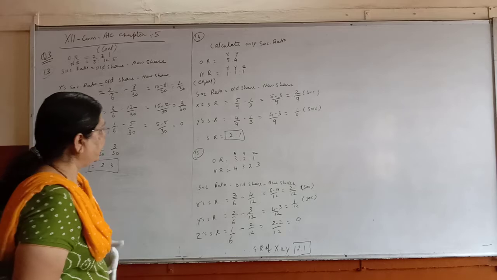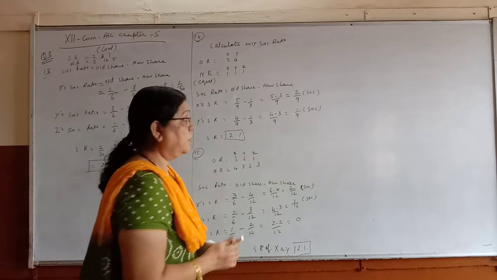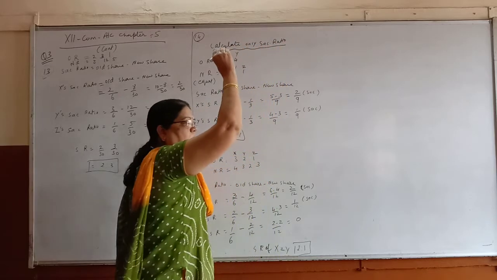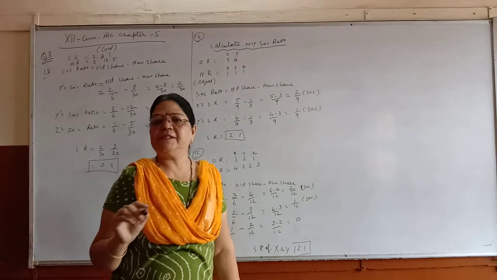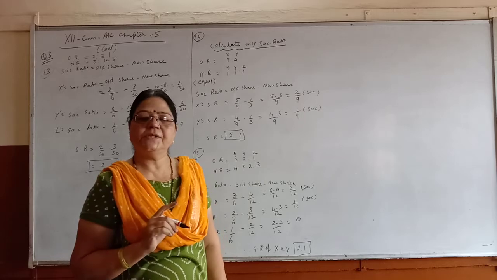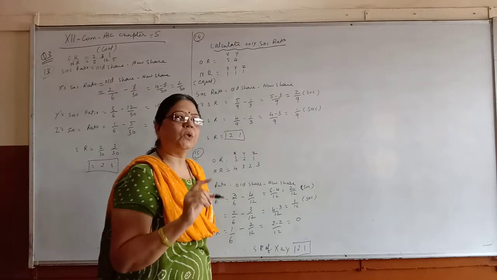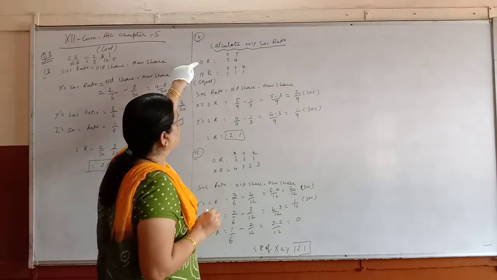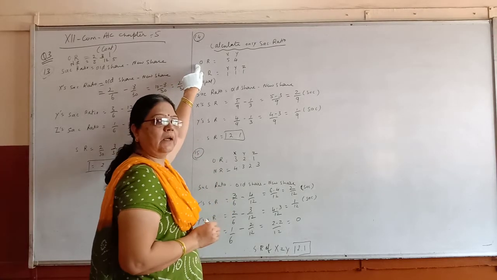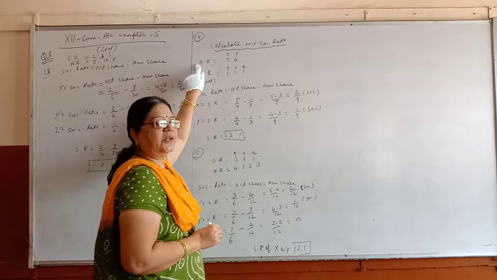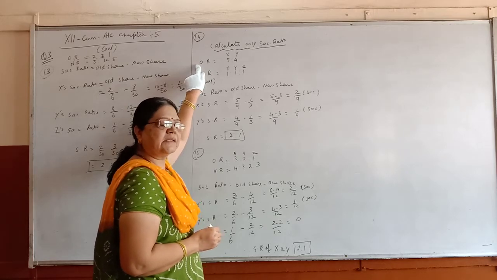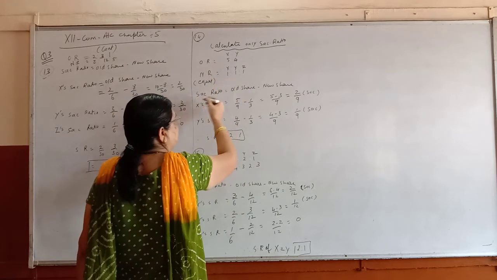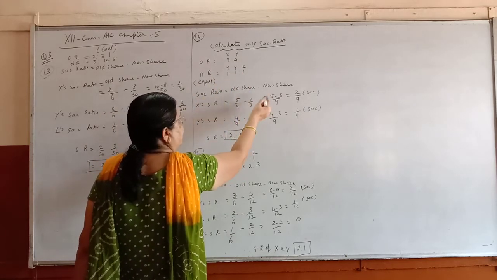Now question 14 and 15. In question 14 and 15, you have to calculate only the sacrifice ratio. And what is the formula of sacrifice ratio? We have learned in the previous chapter. Sacrifice ratio means old share minus new share. So your old ratio is given. So children, when the old ratio and new ratio are given, we have to find out the sacrifice ratio directly. So sacrifice ratio is old share minus new share.